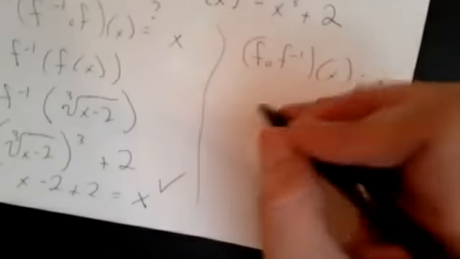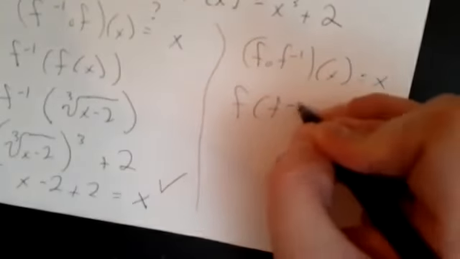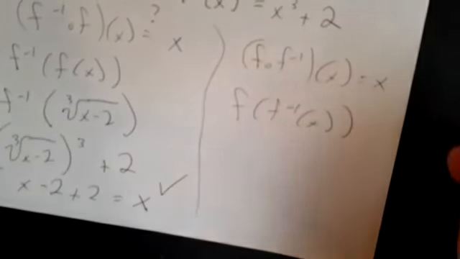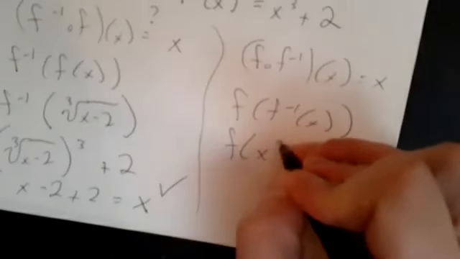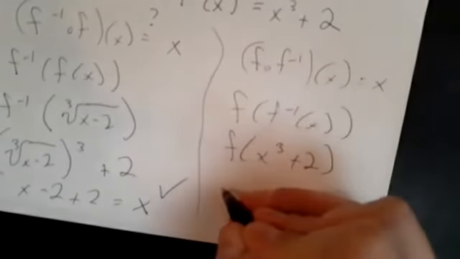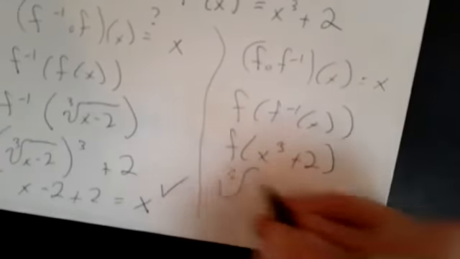The other half of the definition is this thing, f inverse of x. The f inverse of x was x cubed plus 2. Now I'm taking my x cubed plus 2, I'm plugging it into a cube root of